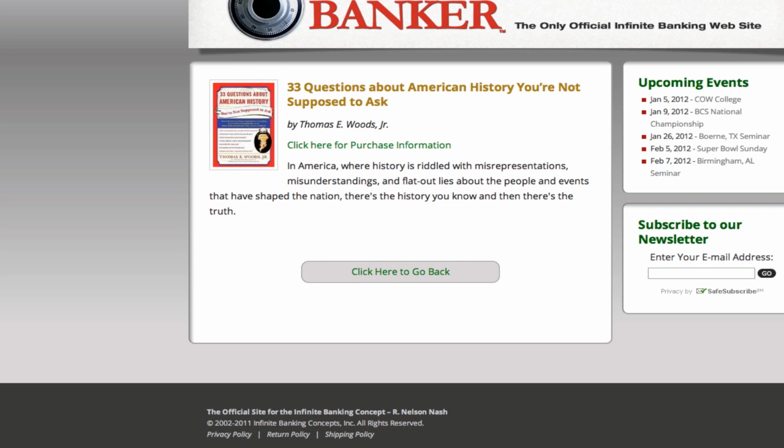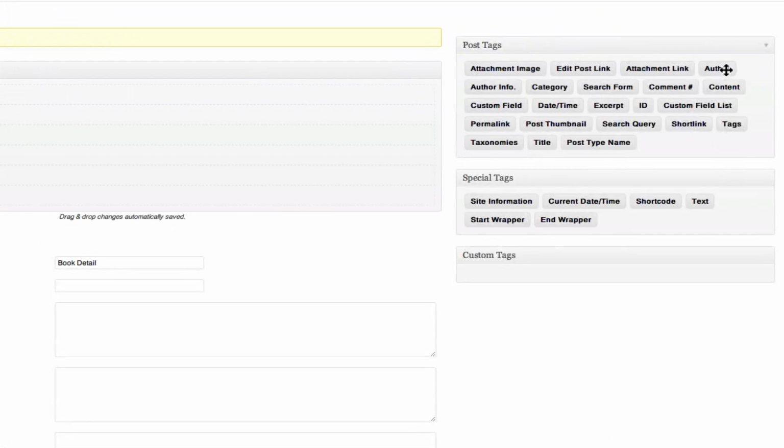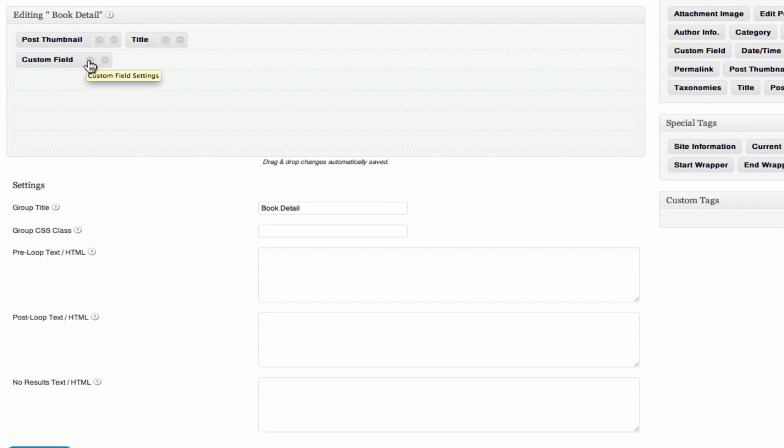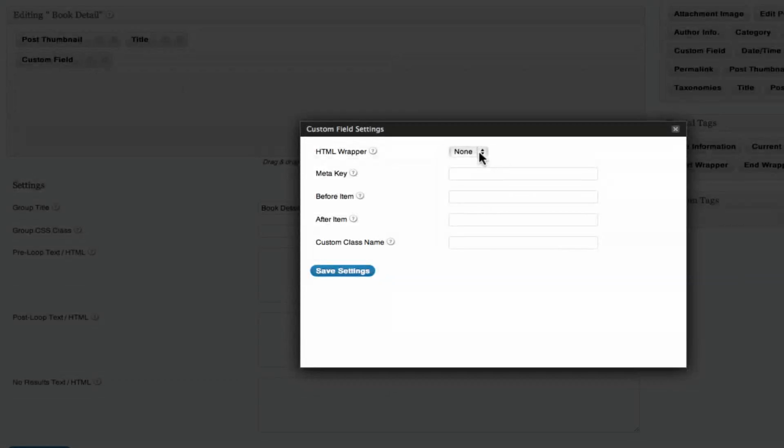of the book. Now there is a link over here for author, but this is the post author, which in this case would be the administrator of WordPress. That's not what we want. We want the author's name that was a custom field within the custom post type. So we're going to go over here and grab the custom field item and drop it here and edit the settings. Again, wrapping it in a div with the custom class name Books